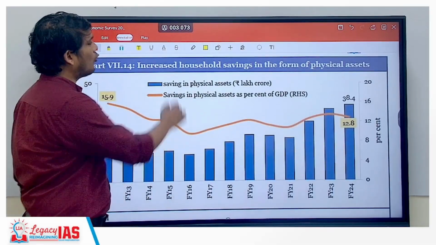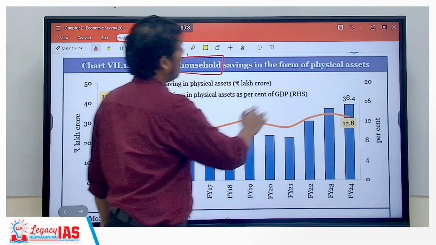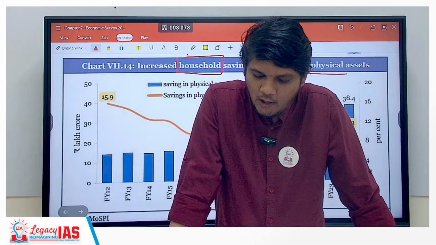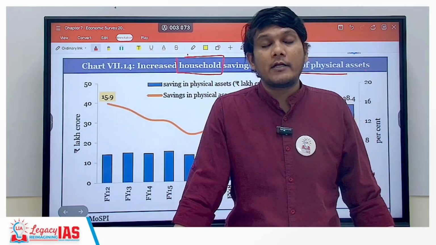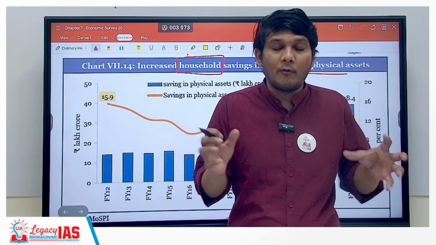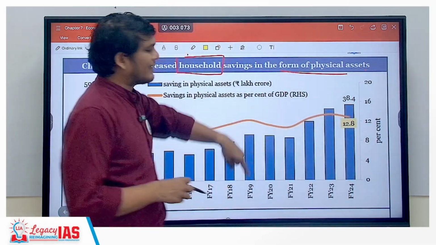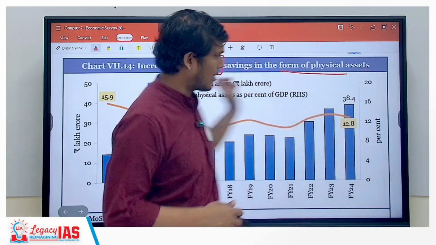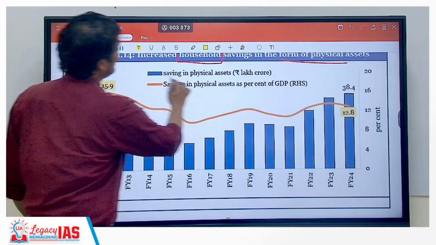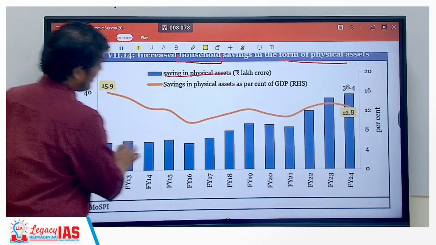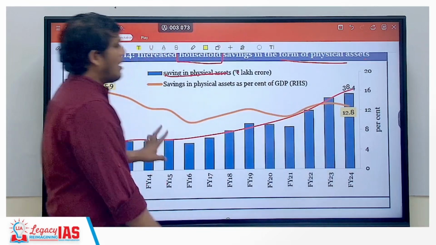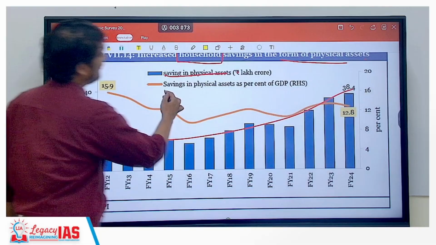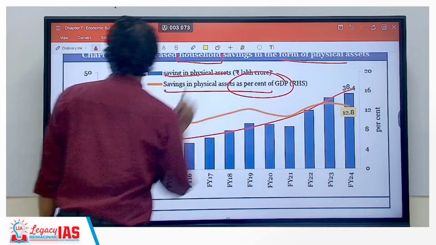The increased household savings in the form of physical assets. So household savings in the form of physical assets, as per the quantum or the quantity, is increasing, but as a percentage of GDP is declining because GDP is increasing at a faster pace. That's all this graph talks about. So savings in physical assets has increased. But because our GDP has also increased, if you look at savings in physical assets as percent of GDP,